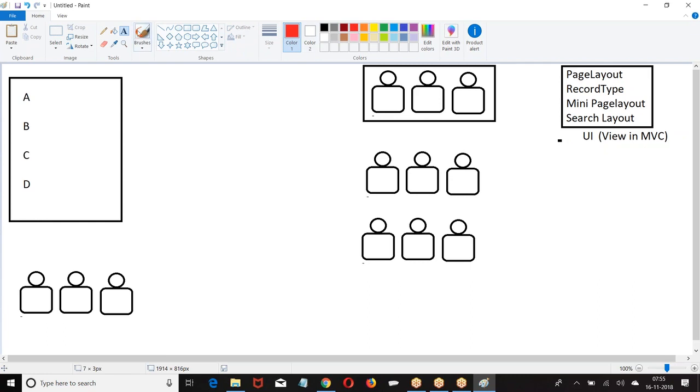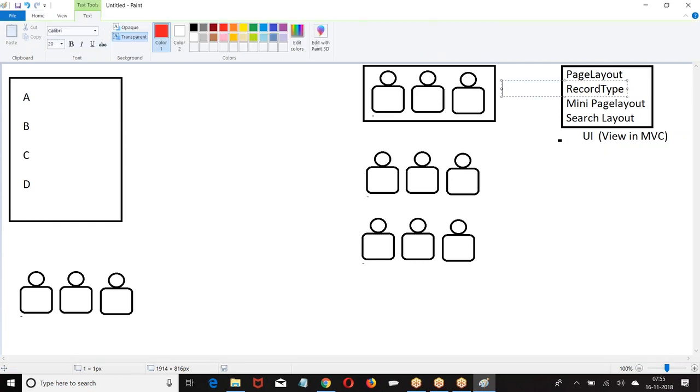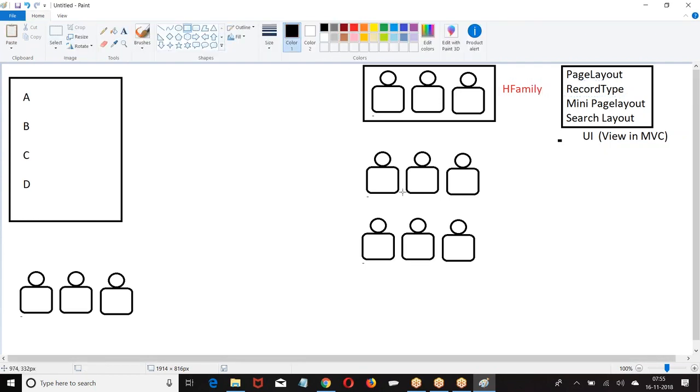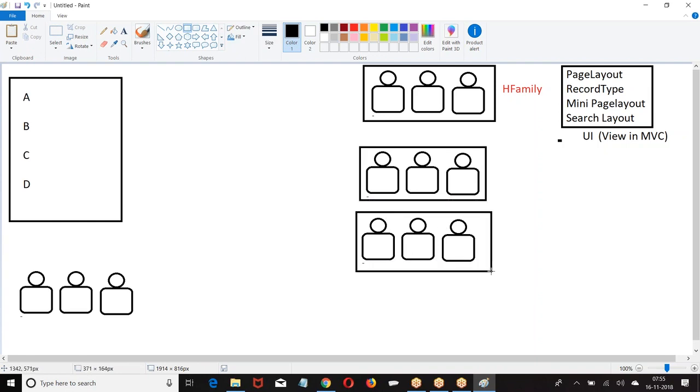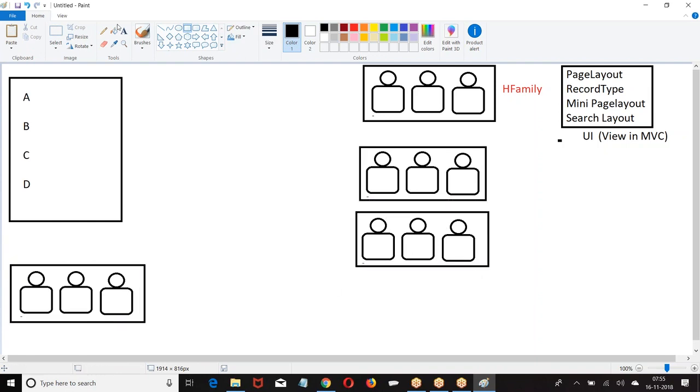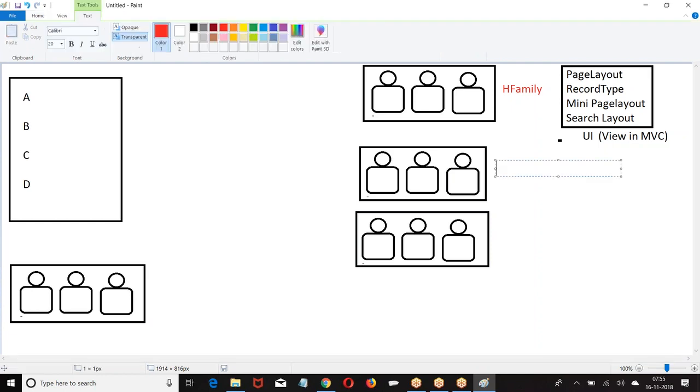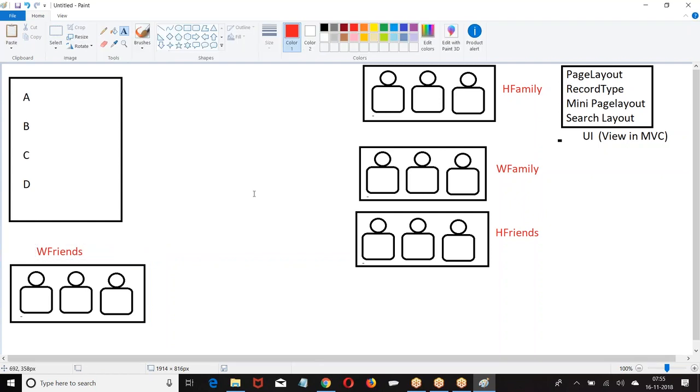There is a concept called profile. We'll see it. This group of people has a profile called husband family. This group of people has the next profile. These are the probable people who will visit my house. Now look at this. Just understand the concept, boss.